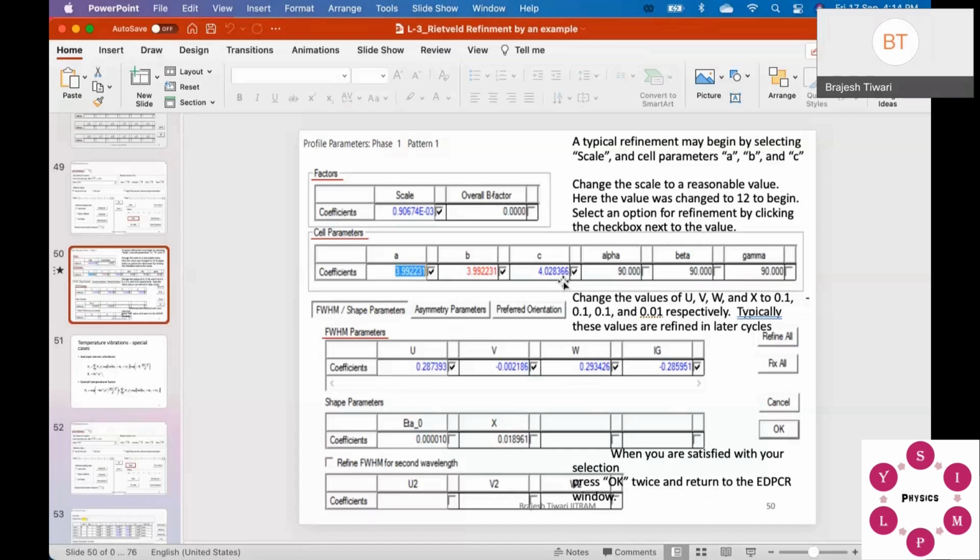If you feel that your peak is split, you may have tetragonal. So what you can do, any one of the parameters you can change a little bit. You have to change the space group accordingly, and then you can do the refinement. So suppose you are expected to have only one peak, and instead of one peak you are getting two peaks close by.